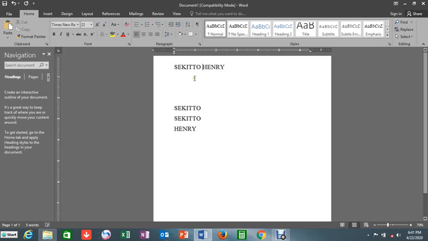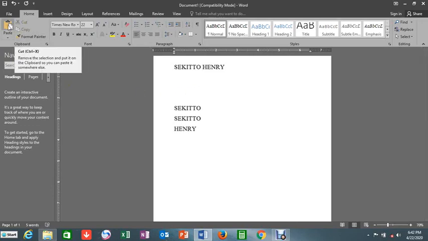Remember, we have grammar and we also have what we call spelling. So if you write a wrong spelling, that item will be highlighted with a red color. And if you put a wrong grammar, that item will be highlighted with a green color. So you have to be careful and always keen as you're typing your information. So we have covered the copy, the cut, and the paste.